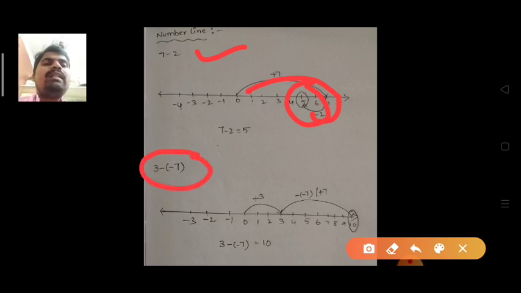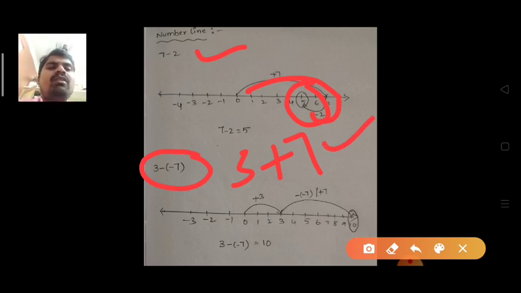Next here you observe 3 minus of minus 7. So listen here, first you do the rough work, only one step. 3 is positive, no problem, but here minus of minus, minus into minus is plus, so 7. Now draw the number line, it is very easy. Don't draw the number line by seeing the problem directly. First you have to do the problem one step only. First of all you draw the number line, middle 0, right side positive numbers, left side negative numbers.